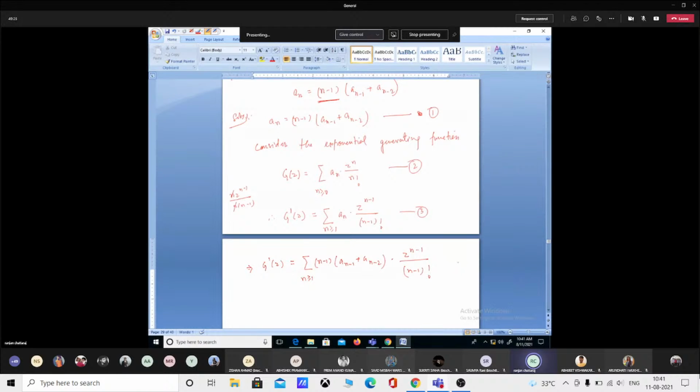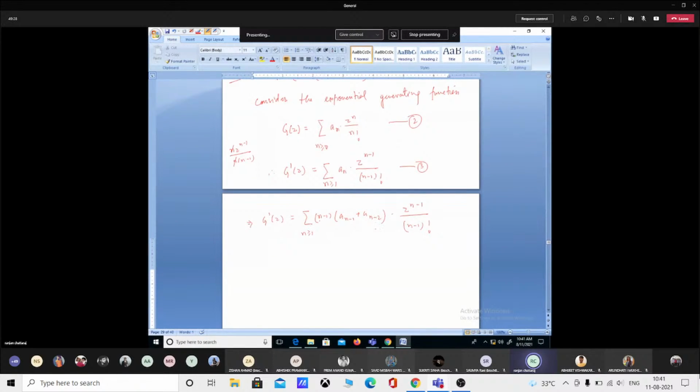Okay, leave it. Now you see this will be cancelled out. Okay, and you see here n minus 1 factorial can be written as n minus 1 into n minus 2. So this n minus 1 and this n minus 1 will be cancelled out, and you will get a_{n-1} plus a_{n-2} into z to the power n,